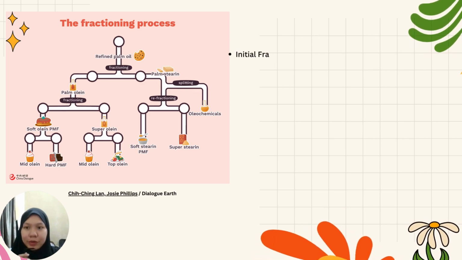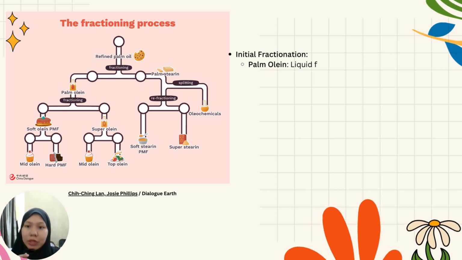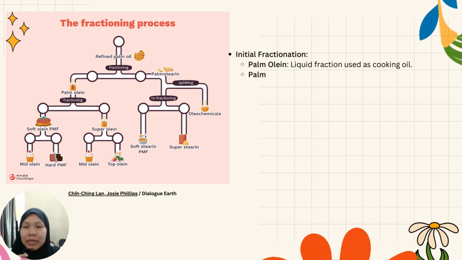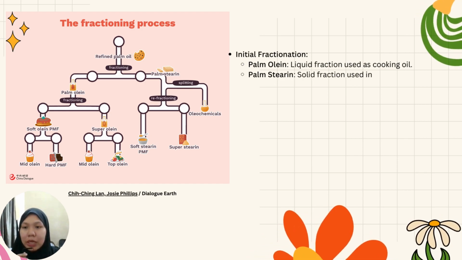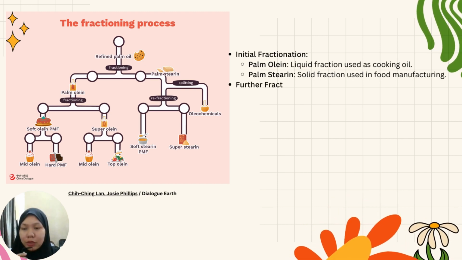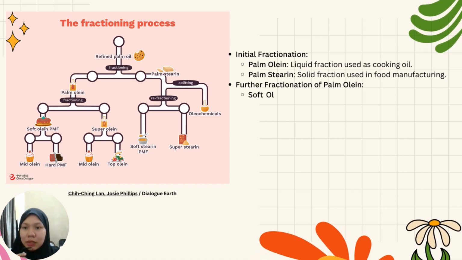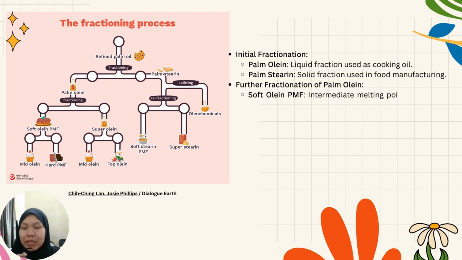Next, the fractionation process. In the initial fractionation, palm olein and palm stearin are produced, where the palm olein is the liquid fraction obtained from the fractionation of refined palm oil. It consists primarily of liquid triglycerides with a lower melting point. Palm olein is commonly used as a cooking oil in household and food industries due to its liquid consistency at room temperature. It is also used in food processing, especially in applications where a liquid oil is required,